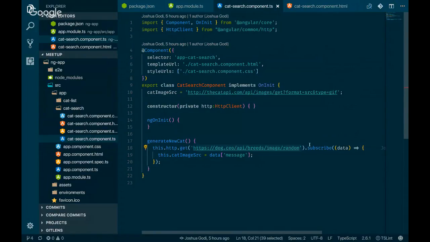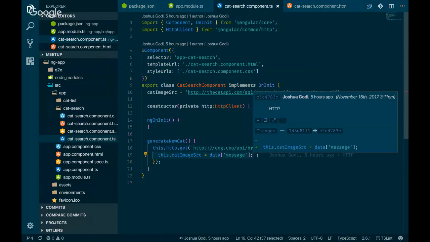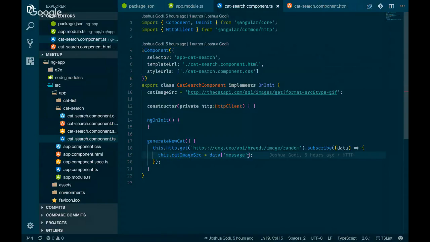And then in Angular, with HTTP, everything's an observable. So here, if you're familiar with promises, instead of doing .then, we subscribe to that observable. And when that data comes back, we're just going to set it back to the this.catImage. We're going to grab the message off that data. So now it should be loaded. Now we see we have one really, really big cat GIF. And then when I hit this button to refresh it,